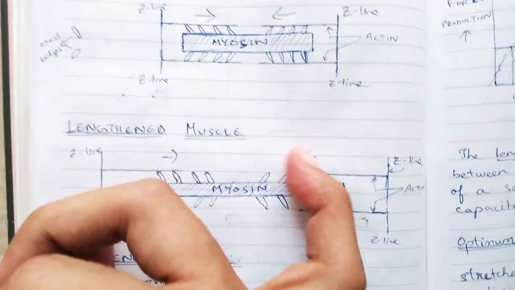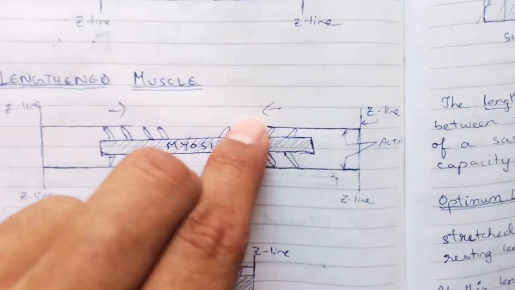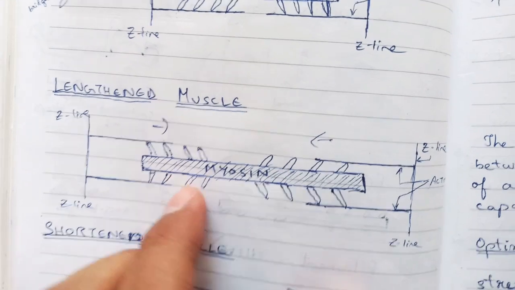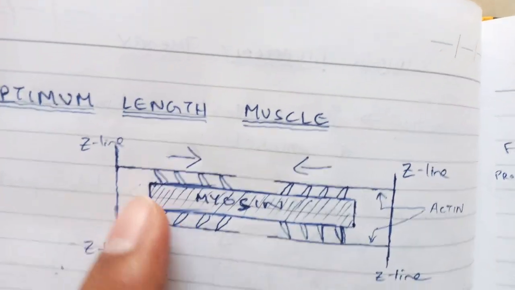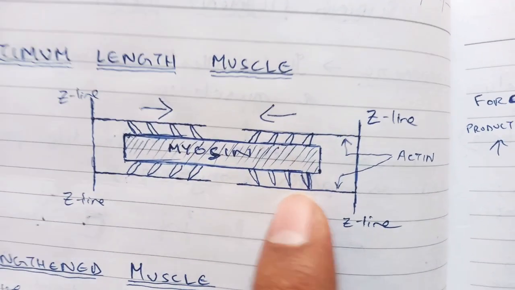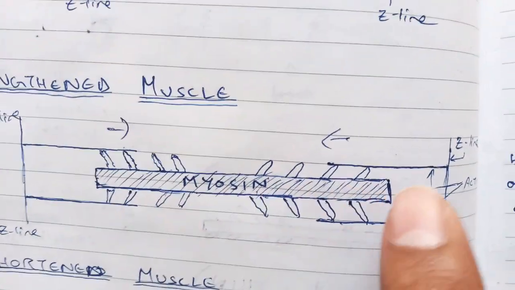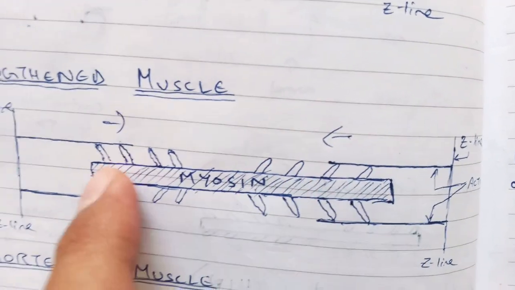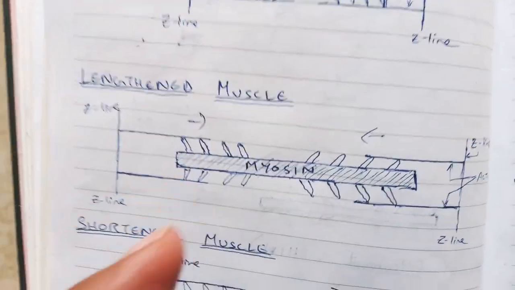Similarly here also I'm trying to flex like this, right? So this is also pulling in this direction, but that force is going to be very less since there are very few people contributing over here. Like I'm trying to row the boat and there are only two rowers, as opposed to here where there are 4 plus 4 is 8, plus 4 is 12, plus 4 is 16 people rowing at the same time, and here only maybe 8 people, that's it, right? Only two heads are touching, these two heads are not touching. So the force of the contraction is going to be very low.